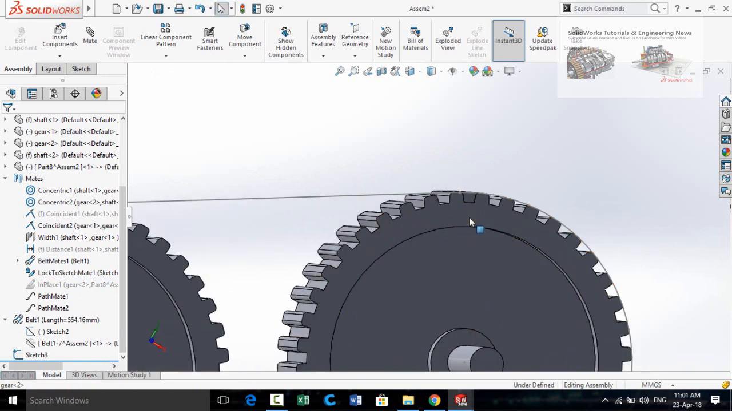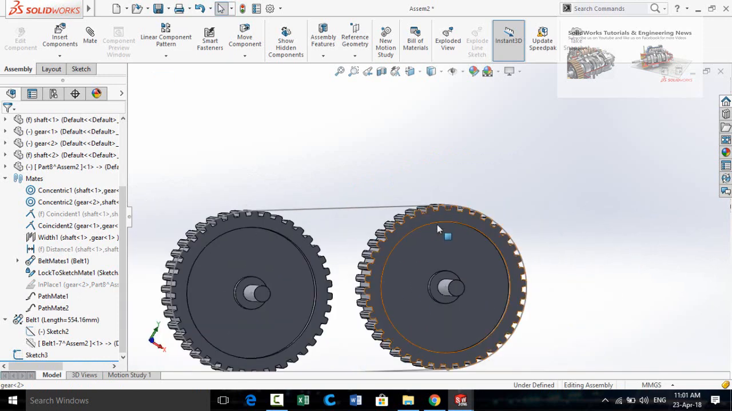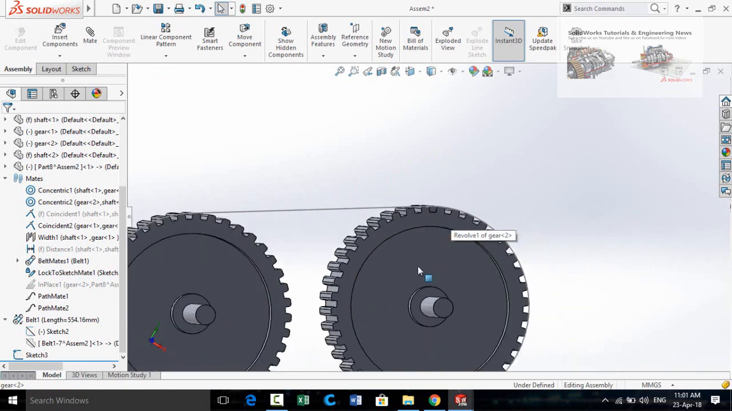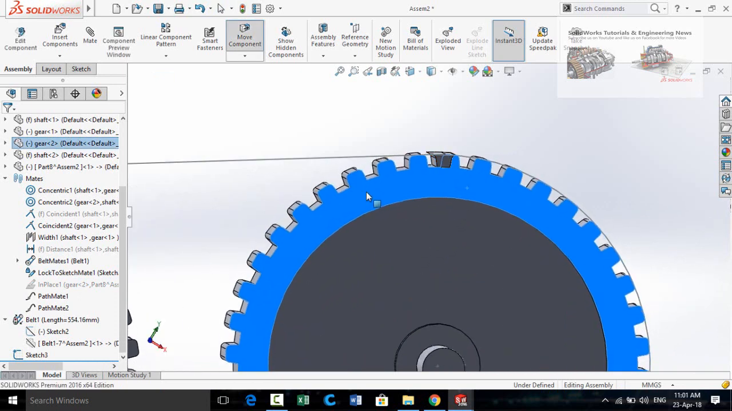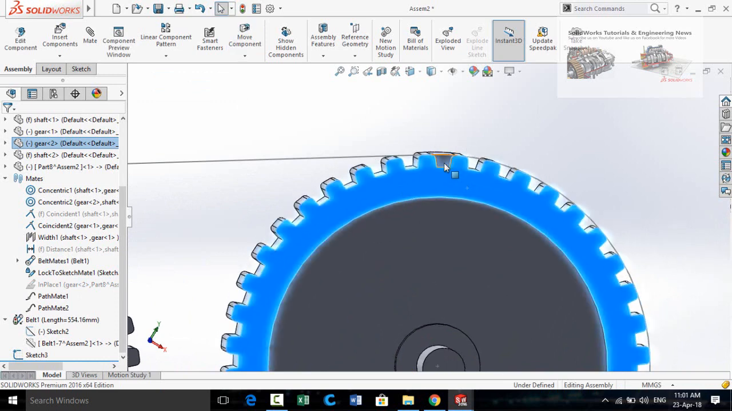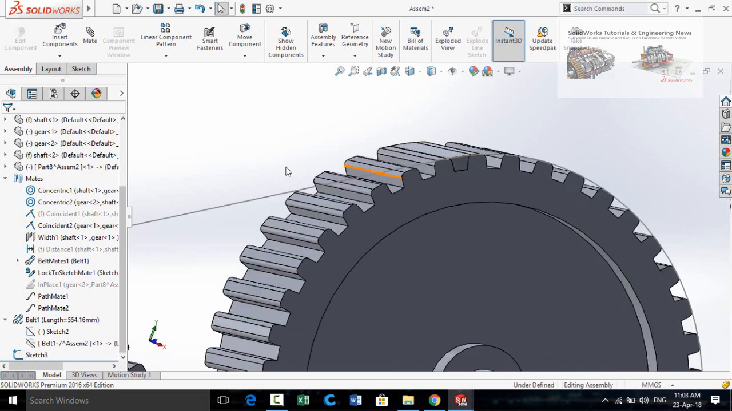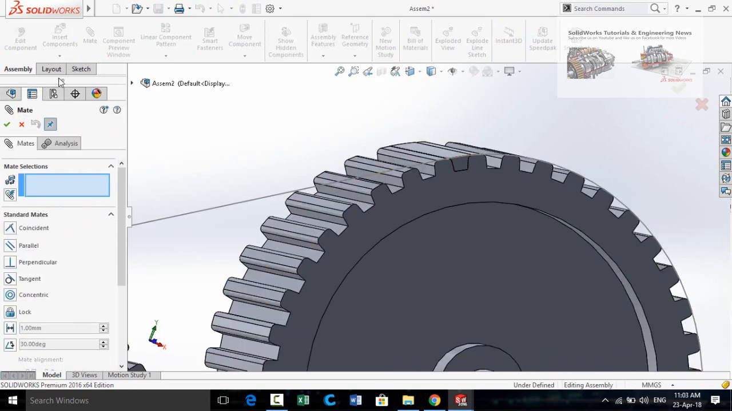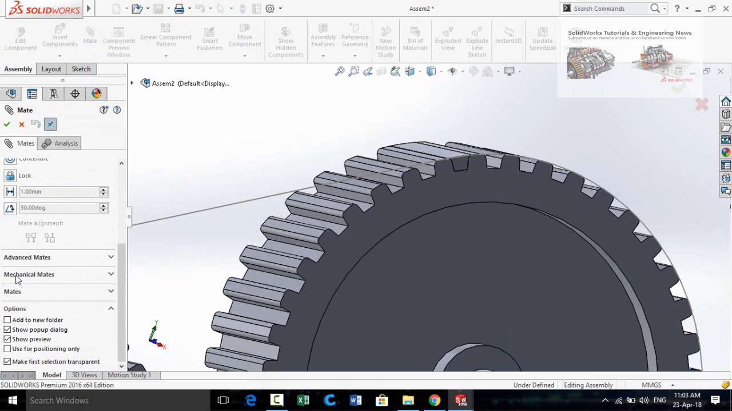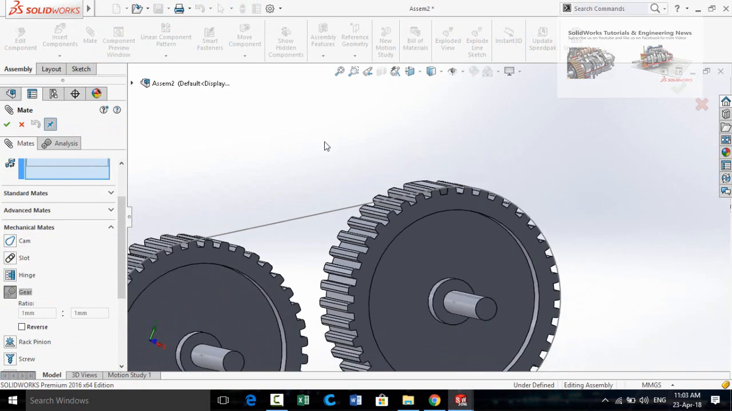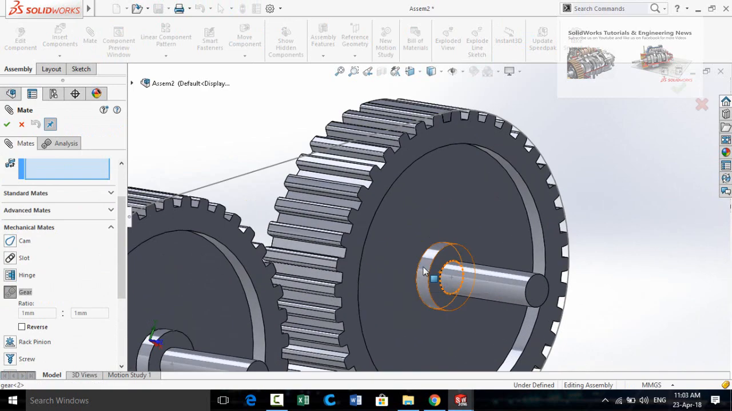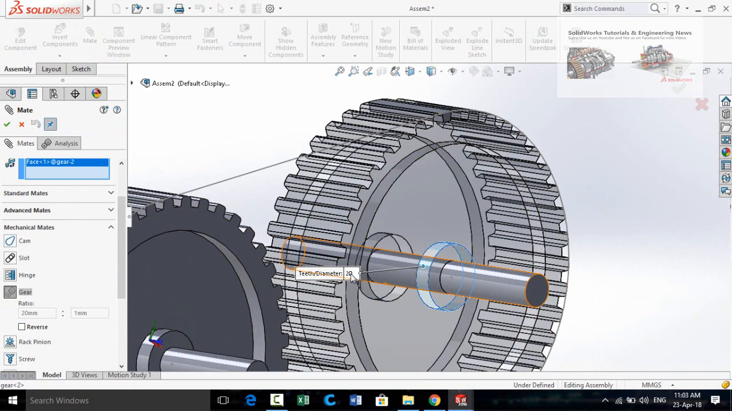Now we have to make a gear mate for this part with this gear. Now let's try and rotate it. So you can see gears are rotating, but this part is not moving along with the gear. So how to fix this issue? For that, click on mate and then scroll down, expand the mechanical mates option, and in the mechanical mates option select gear. Now select this cylindrical face and type the diameter or number of teeth 40